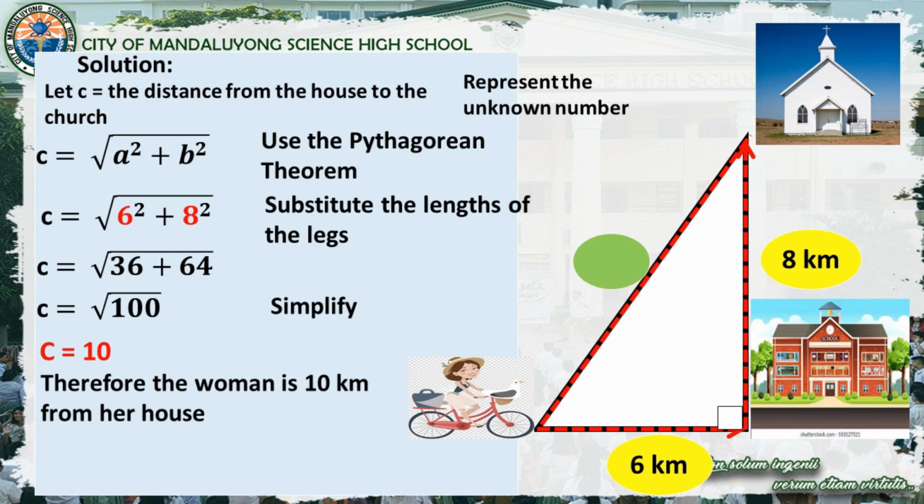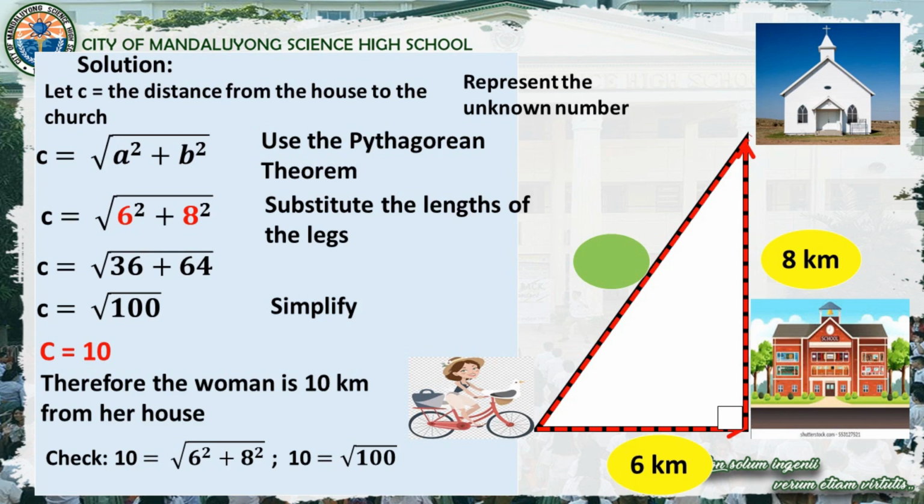Therefore, the church is 10 kilometers away from the house of the girl. And let's verify if our answer is right. Just simply go back to the equation: C is equal to the square root of A squared plus B squared. Just simply substitute A with 6 and B with 8,